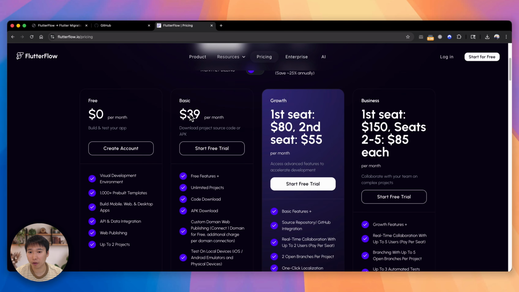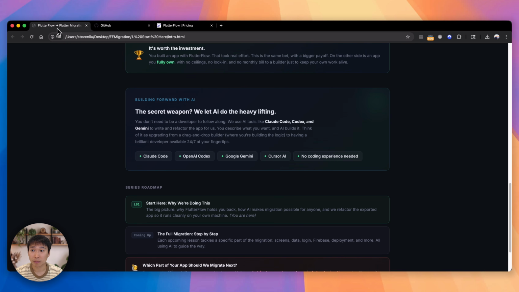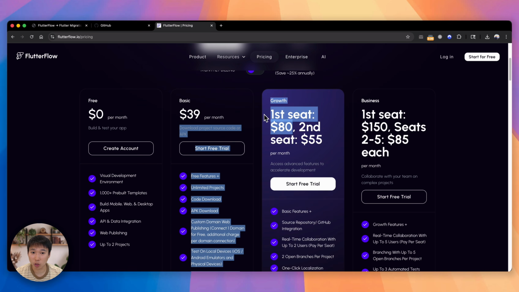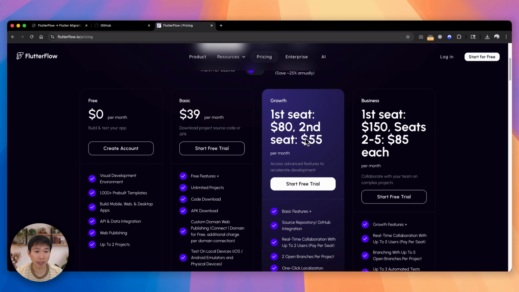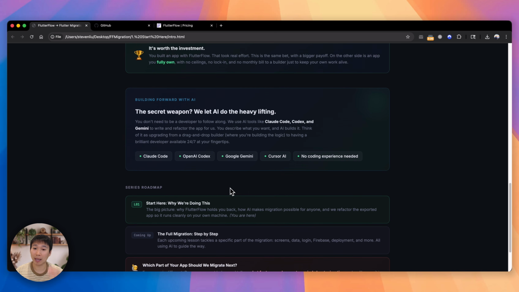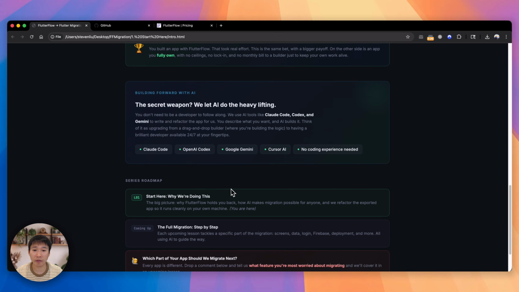So you're either on FlutterFlow's $39 or $80 plan, or even $150 if you're on a business plan. AI will be cheaper here. So if you just subscribe to a $20 plan for basic, or you pay for the $100 plan on growth, or the $20 plan on AI plans, for business, go for the $100 plan from Claude, OpenAI, or Gemini. That will last you a long time and with almost no restriction in terms of token usage. Pick one that suits you. Maybe you prefer Claude, maybe you prefer OpenAI. That's ultimately your choice. And whichever you pick, what I'm doing can be followed along.